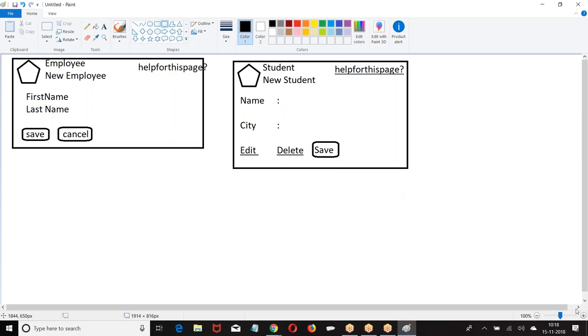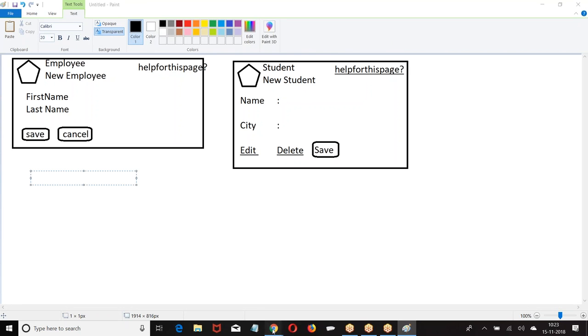Do these two examples. The first example,